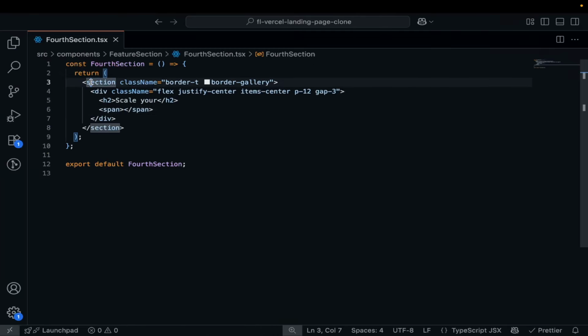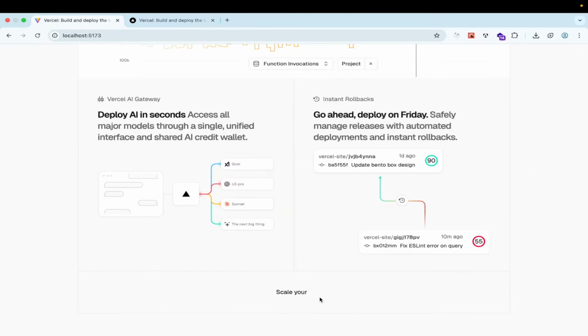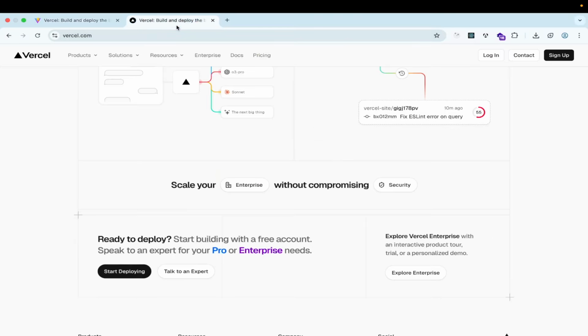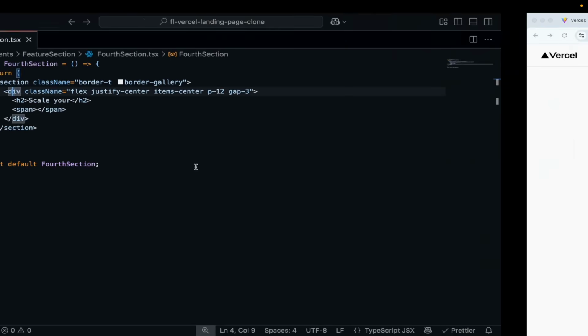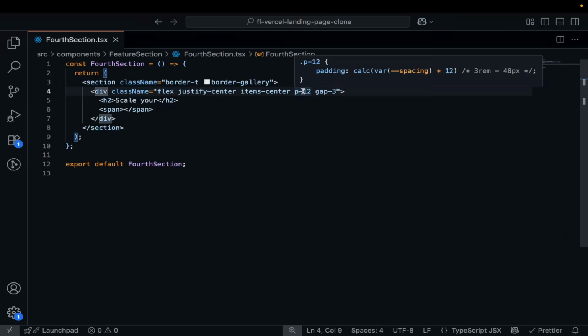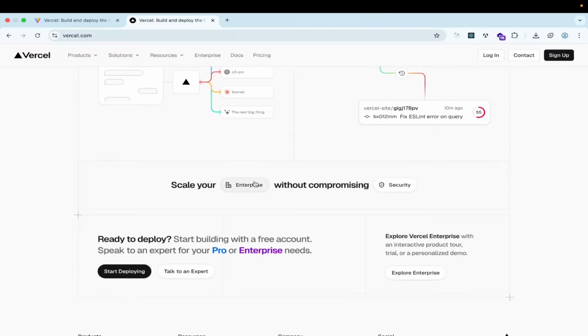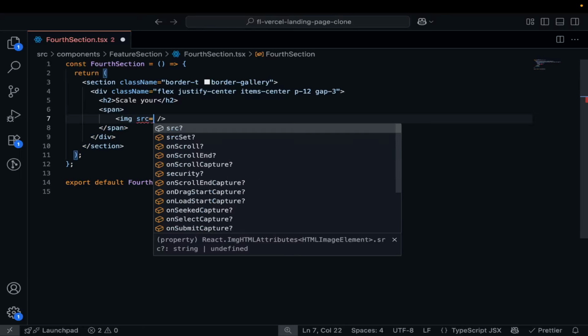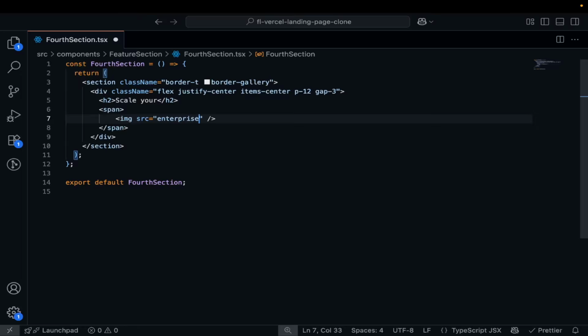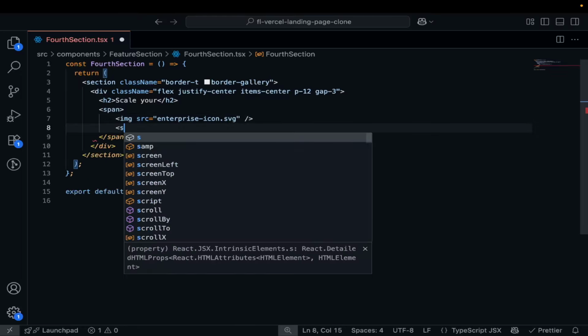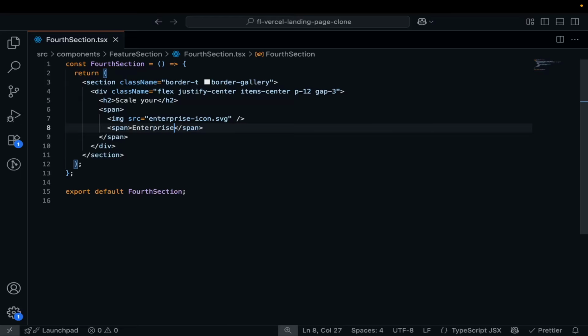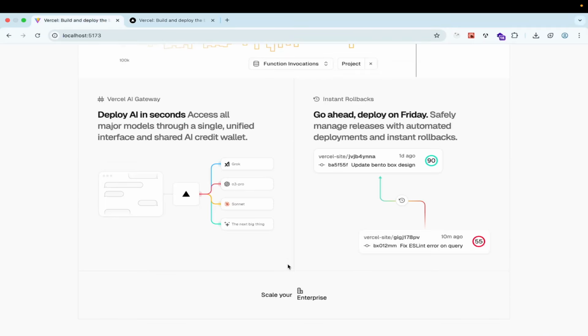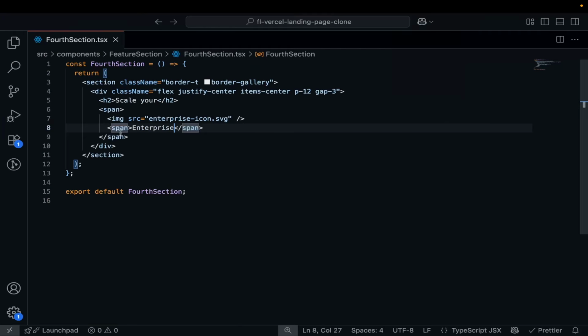So we have created one section, we have one div which will contain the entire content, and if you notice it has some padding as well. So that's why we have given the 48 pixel padding, and now we have to create this span. So this contains image, text both. So I will take one image here. Let's give the source enterprise icon.svg. Let's take the text enterprise. Let's save it. Yeah, now let's add some class name to this span, so it will be side by side,